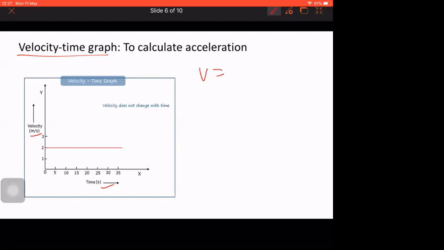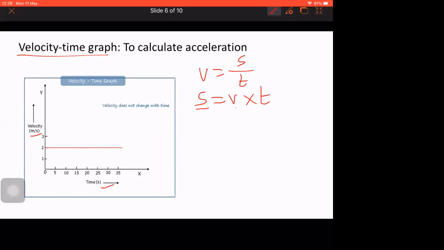In these graphs, don't bother whether it's displacement or distance, everything is the same here. When I know velocity and time, I can easily calculate distance. S is nothing but displacement or distance. Keep it in your mind. Velocity is equal to displacement by time, so I can calculate displacement using velocity and time. Displacement is equal to velocity into time. So can I say using the velocity time graph, I can calculate displacement or distance?